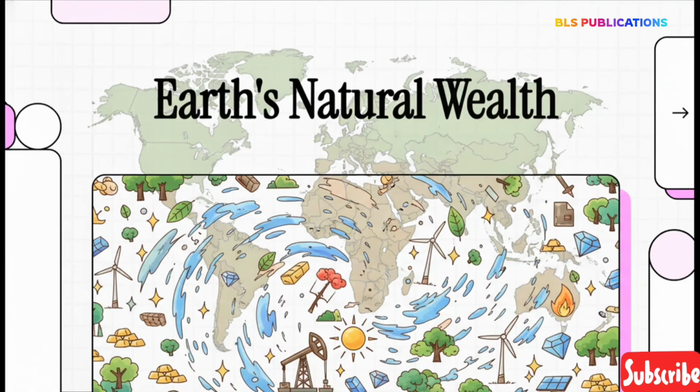Today, we're unpacking something literally foundational to human history, our current daily lives, and our future. We're looking at the way Earth's natural wealth shapes basically everything around us. It's so easy to take the physical world for granted, right? Just assuming the ground beneath our feet and the air we breathe are static backdrops to our lives. But today, we're going to completely transform how you see the world by exploring natural resources and their global distribution.